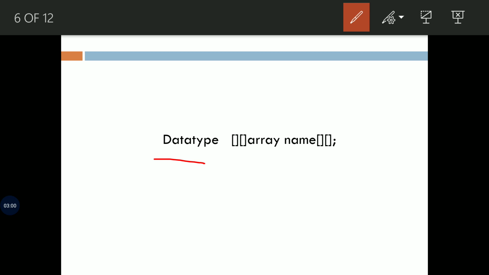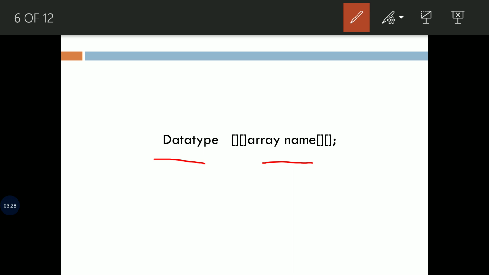Data type decides the type of elements it will accept. For example, if we want to store integer values, then the data type will be declared as int. If we want to store float values, then the data type will be float. Array name is the name given to the double dimensional array. Examples: marks, employees, age, etc.